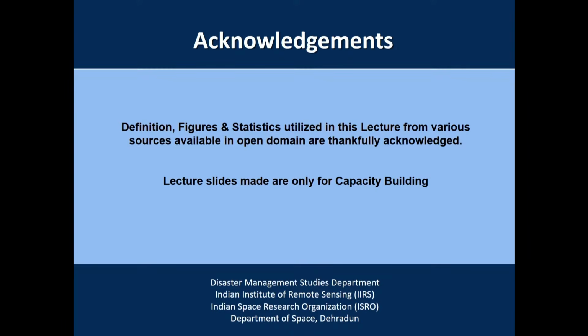In general, this is what I was trying to tell you about the role of remote sensing satellites for hydrological hazards. I can summarize that satellites can play a very important role, especially in case of hydrological hazards. They are playing a very critical role in providing information to decision makers, as well as to researchers to study the nature of the phenomena.